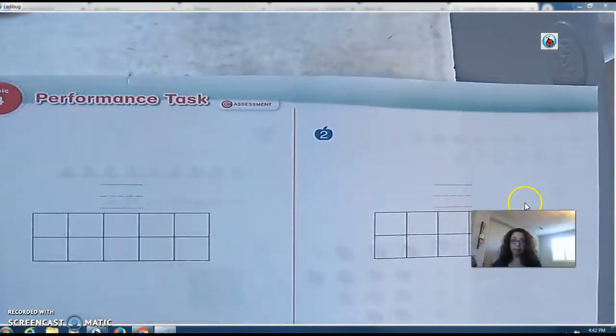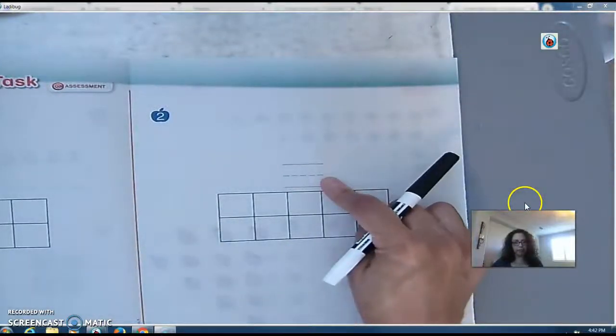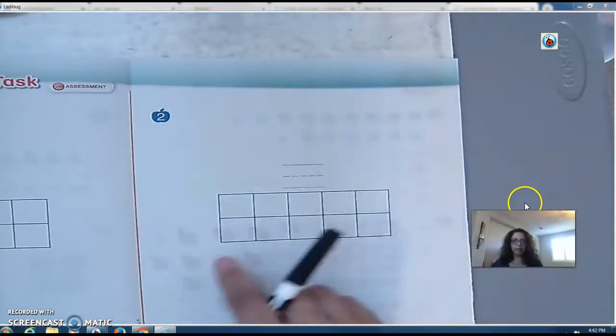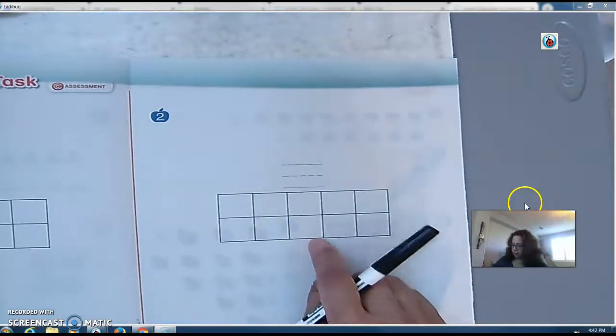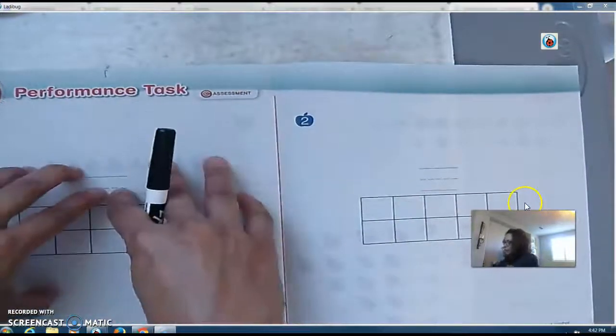2 fewer means you're going to take 2 away. So take 2 away, and now you're at a different number. You're going to write your number there, and you're going to draw that many counters. Okay, so 2 fewer than this. That means you're going to have this many, and you're going to take